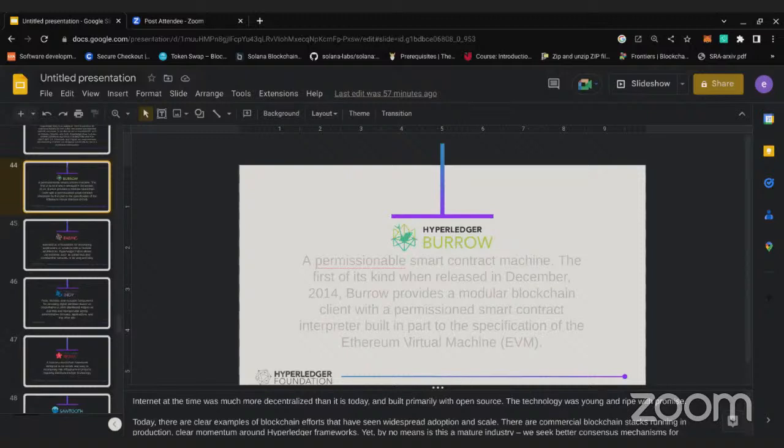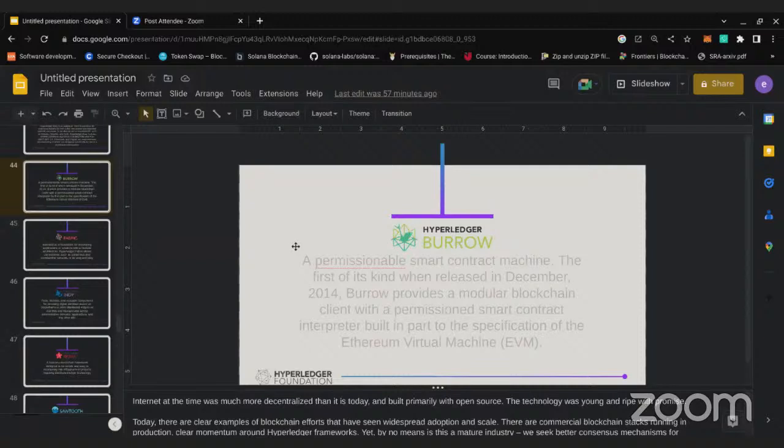For Burrow, what they are trying to do is give the Hyperledger ecosystem a chance to use the power that comes with the EVM. So basically, it integrates the EVM ecosystem into the Hyperledger ecosystem.